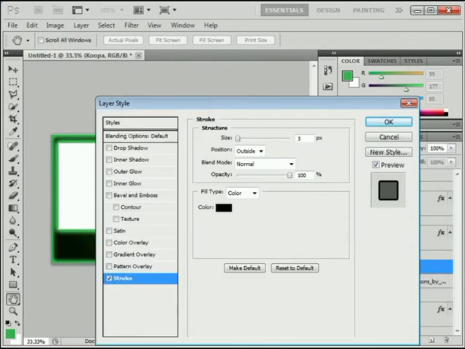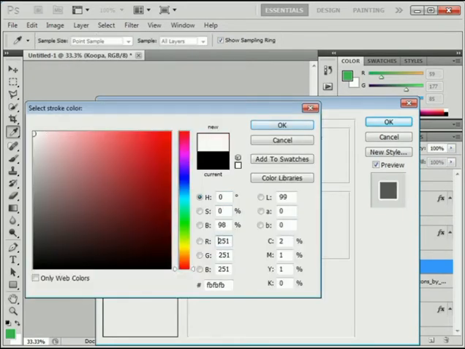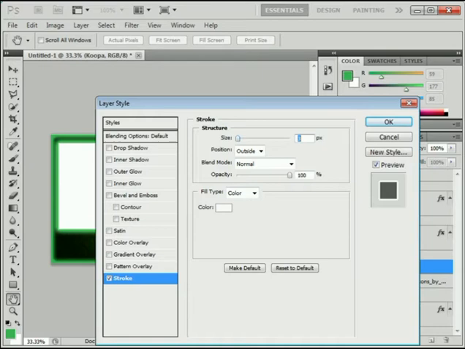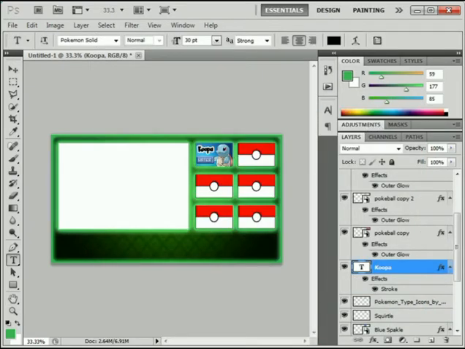add some stroke to it, give it a nice white surrounding. Turn the size up a bit. See, and there we go. Koopa. Now if you want to get super fancy, you can add a gym case down here. So what I usually do for my gym case